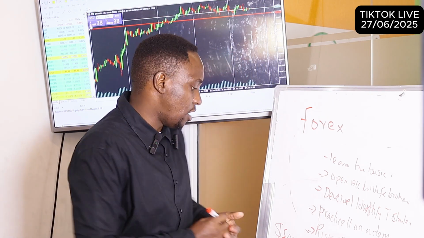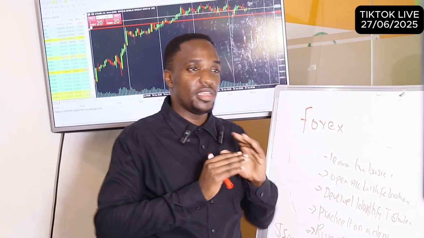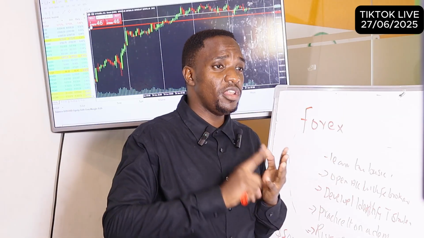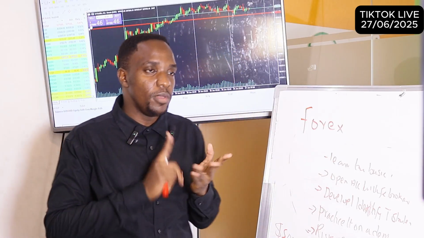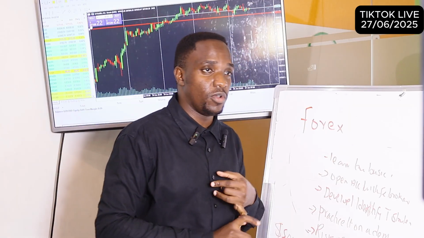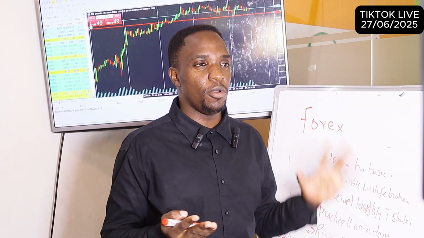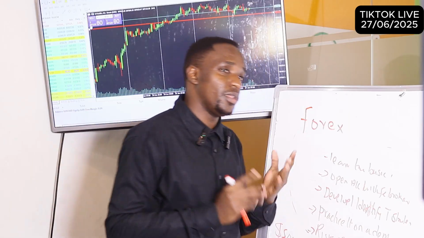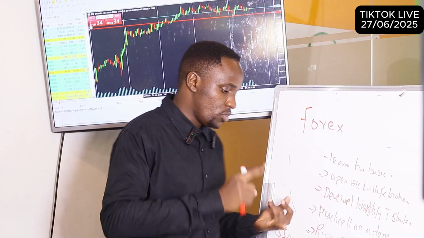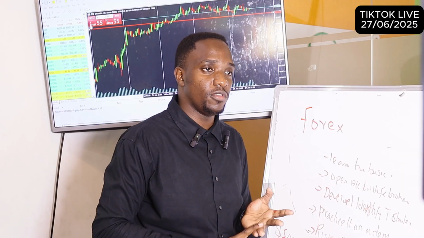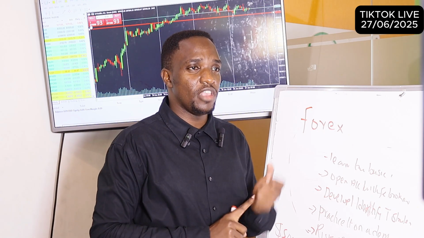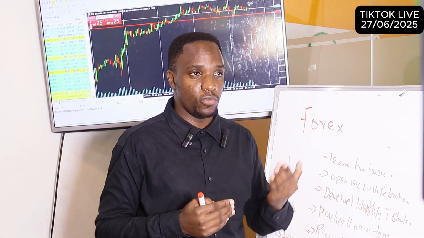Now, after you have decided that you want to be risking like $10 per trade, the next question should be: what is the right lot size that I should be using so that anytime I trade, I don't risk more than this $10? We have an app called position size calculator, and it can help you to know the right lot size. After you have known how much you're going to risk and the position size, the next thing should be where you are going to put your stop loss as well as where you're going to put your take profit.